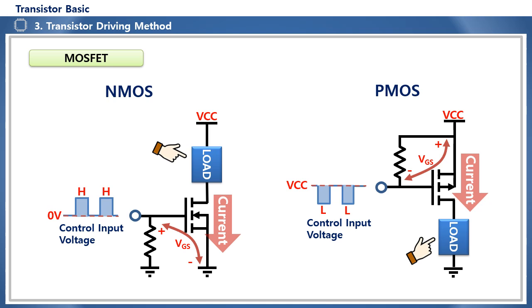And, like bipolar, all loads, that is, the elements to be driven, must be connected to the drain terminal. Why is that? Because the control voltage is determined by the voltage conditions between the gate and the source, if a load is connected to the source side, the appropriate gate side control voltage adjustment is impossible. So the load is configured at the drain terminal, which is a terminal independent of the control voltage.